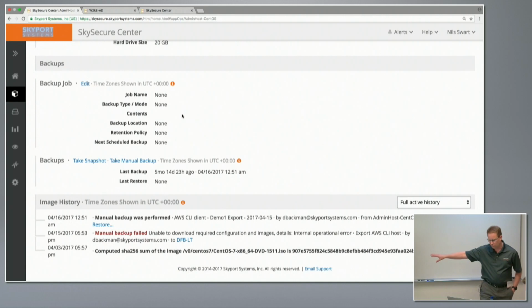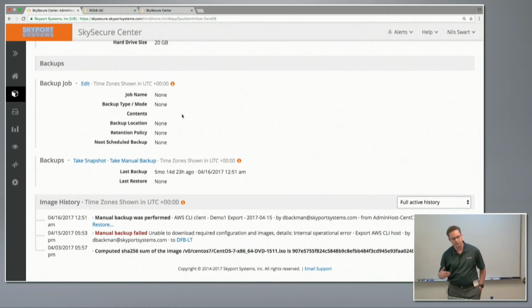Just so you can see it, we've built in a backup facility, and this is really designed around 2 things. First, we can do backups to external systems, and what Will mentioned is that one of the things we've also built in is that these external data stores can also be things like S3. So you can get remote access over an encrypted transport to a cloud-based facility, especially for remote